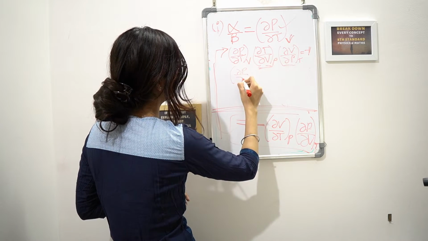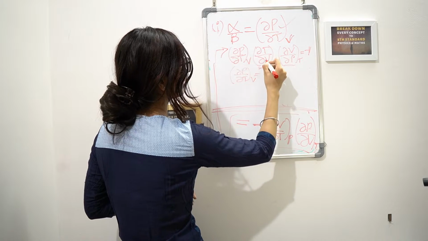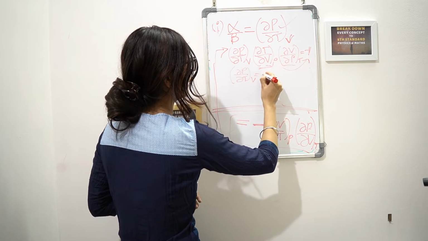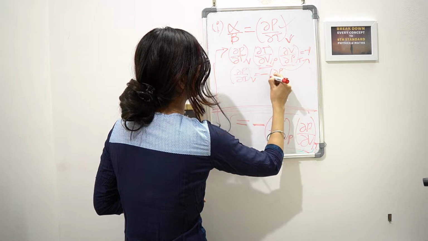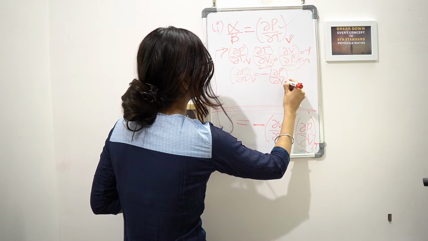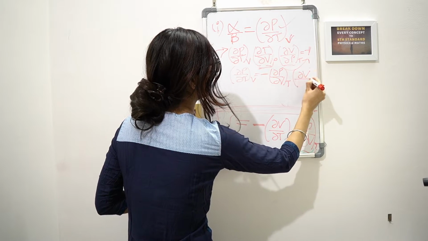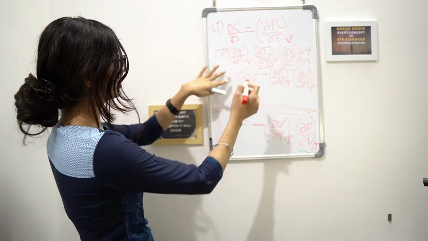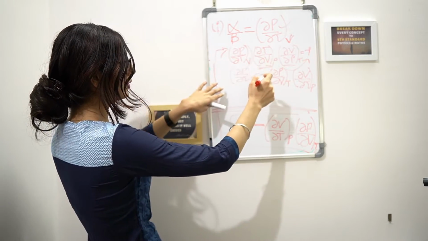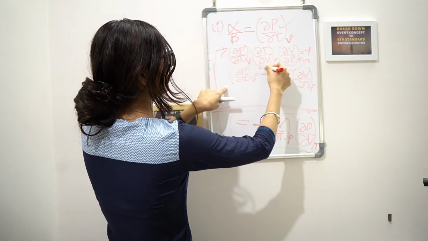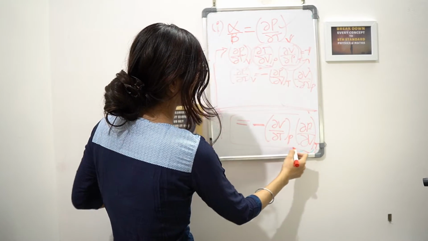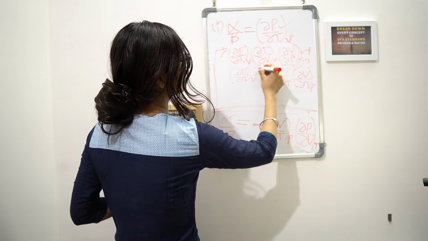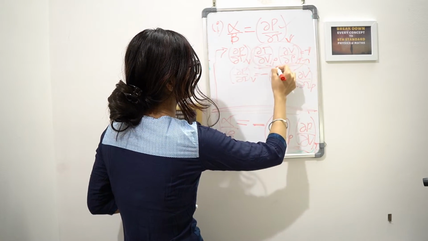Del P by del T at V is equal to, if I take these two expressions to the other side, what will it become? Minus del P by del V at T into del V by del T at P. Am I clear, guys? Simple mathematics. I just found this because we need to separate these two things which are here. This was alpha by beta. So we need to separate these things out.